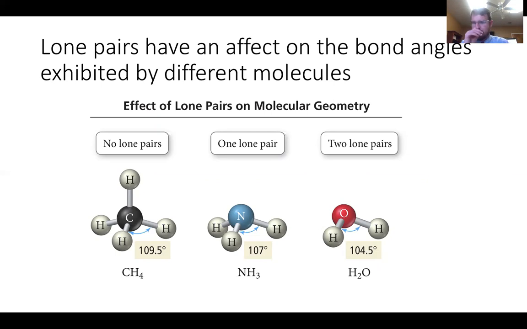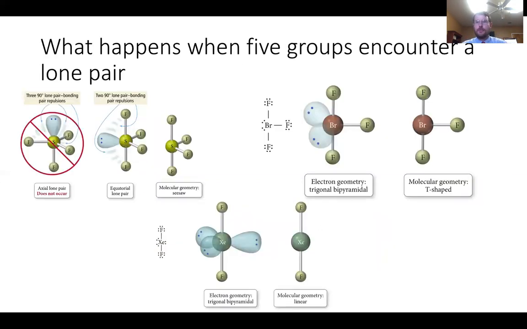Now let's go to that trigonal bipyramidal electron geometry, and let's start adding lone pairs into there. Now here's the key, right? When we talk about spacing, because we said it's really repulsive to have a lone pair, we need to put lone pairs in a place where they'll have the most space. And so here we're looking at